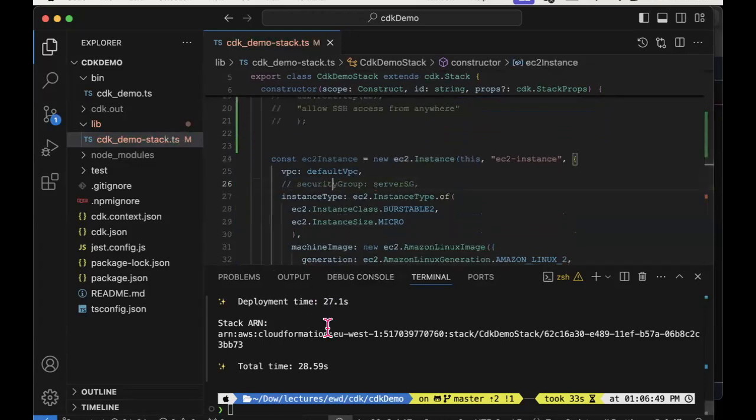And if I just did a CDK deploy again, and then wait for it to complete and go back to my management console, you would see that it would actually have removed the inbound rule for me. Okay, we won't waste time actually doing it.